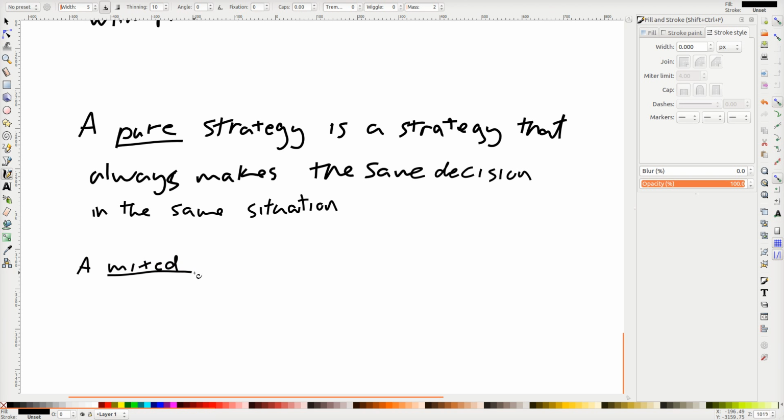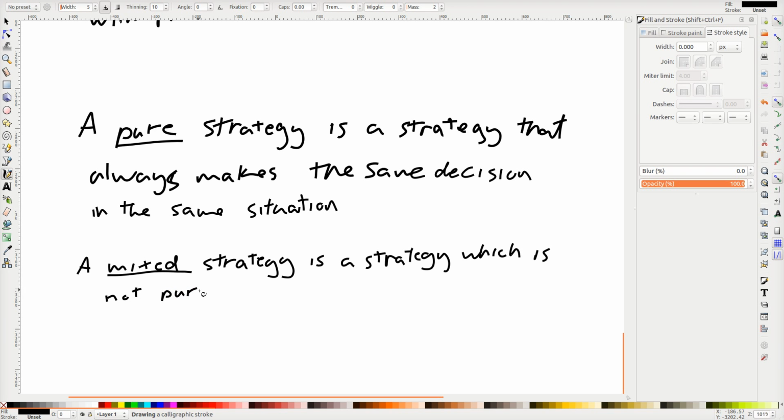A mixed strategy is a strategy, and of course the fastest way to define this is to say it's a strategy which is not pure. So if you're not a pure strategy, you're a mixed strategy. So what does this mean? One way to think about this is